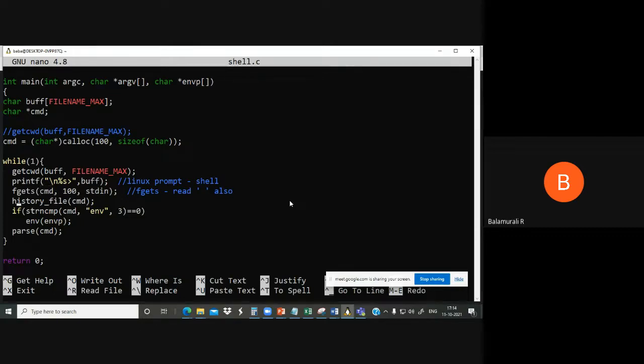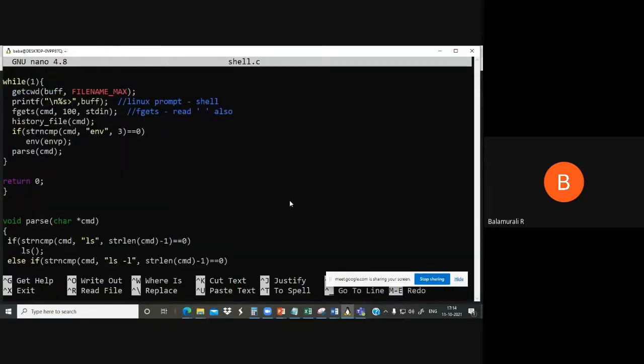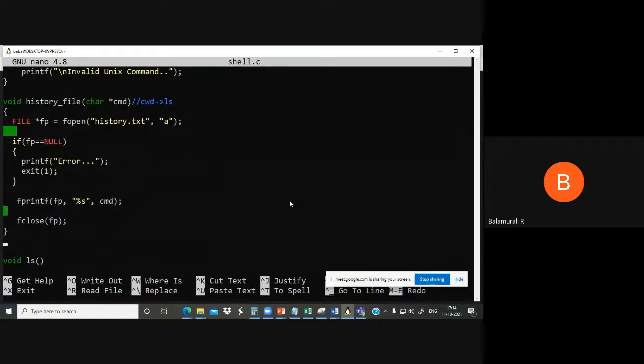Now we have one command called history command to display whatever commands were previously used by the user. So once the user gives a command, we store it in a file. For that, we are calling this function history. So this function will take care of that. So here is the function. Whatever command you give will be available in this variable. For example, if you give ls, then this pointer will point to ls. It will also allow commands with spaces.